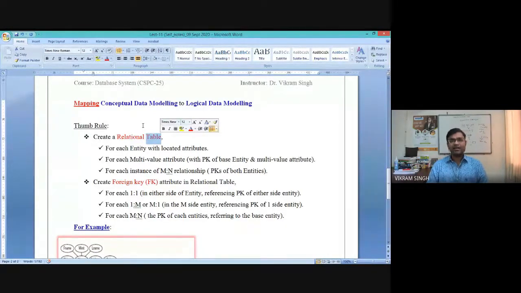Base entity means where this attribute was defined in the ER diagram. Suppose we have the entity student where we have kept a contact number as multi-valued. Now, in the logical data modeling, we will have all these entities.